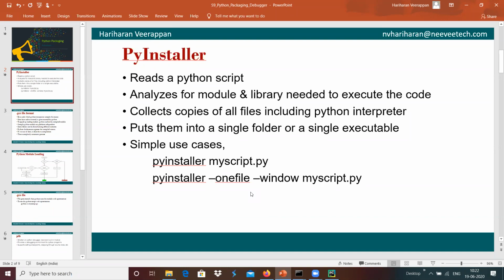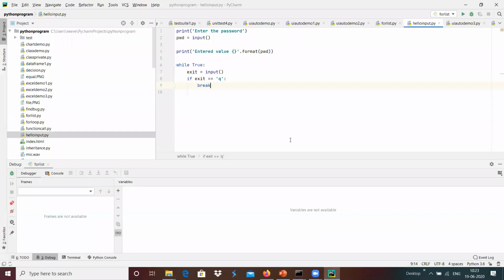For example, in order to use Python, we might have installed multiple modules, and those modules will be imported into our Python file, and that will be created as the complete Python application.